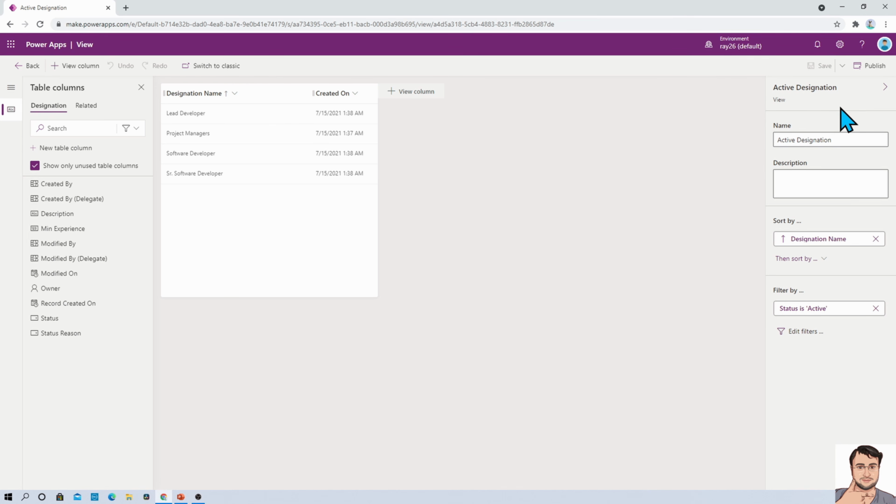Over on the left side, you can see the view properties, like on which column you want to implement sort by. At this moment, it is sorted by designation name. After that, if you want to create another sort column on which the view should be sorted, you can add that column over here as well. You can also apply some filter. So you can see that it's very easy. In Canvas app, if we wanted similar functionality, you would need to write so much code. But this work becomes so easy over here.